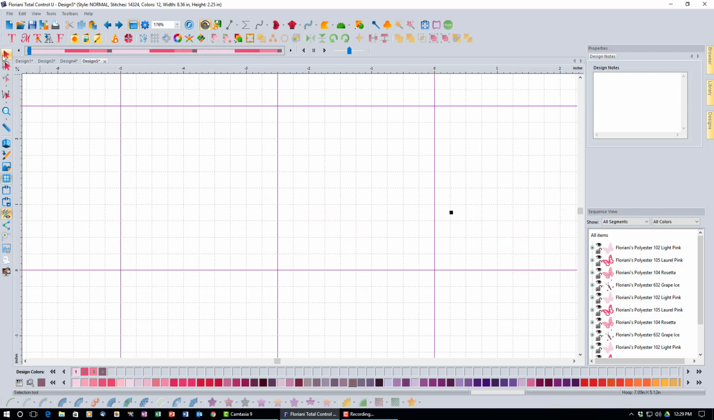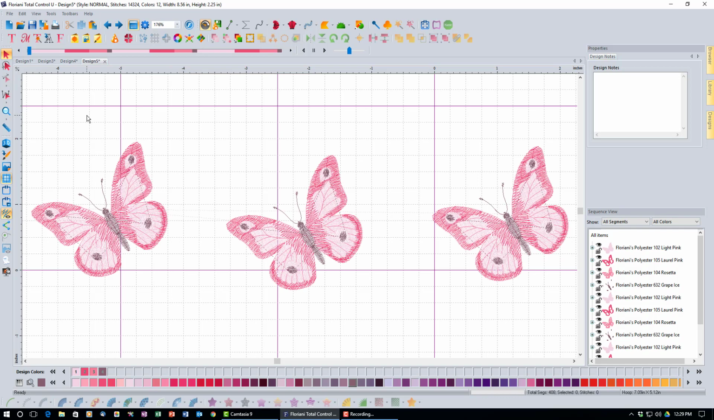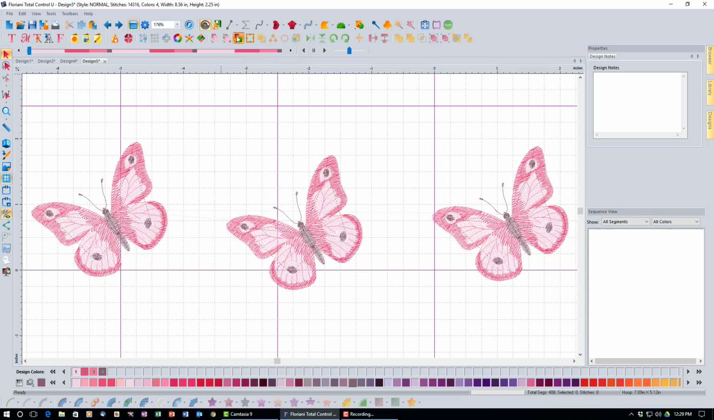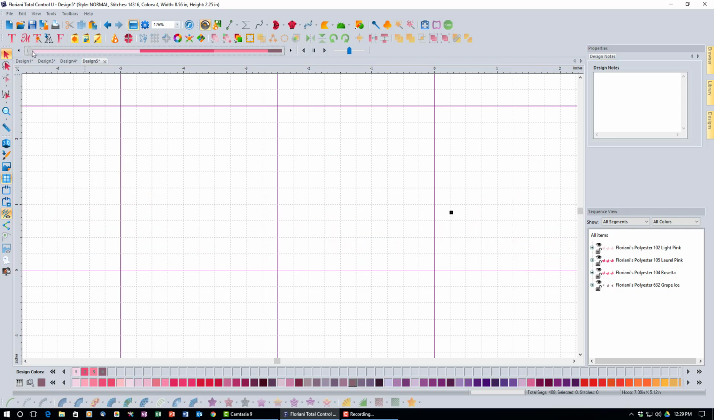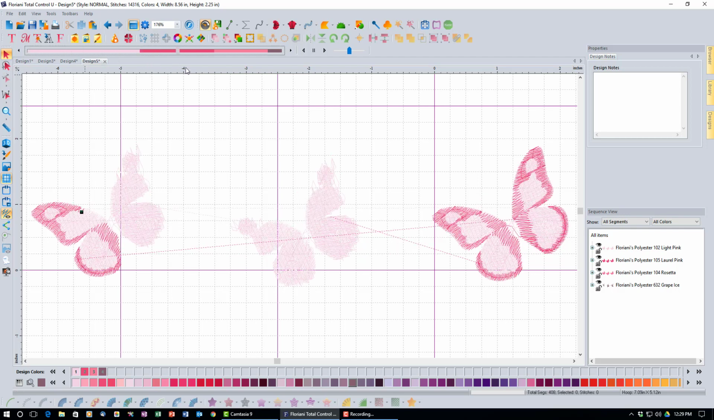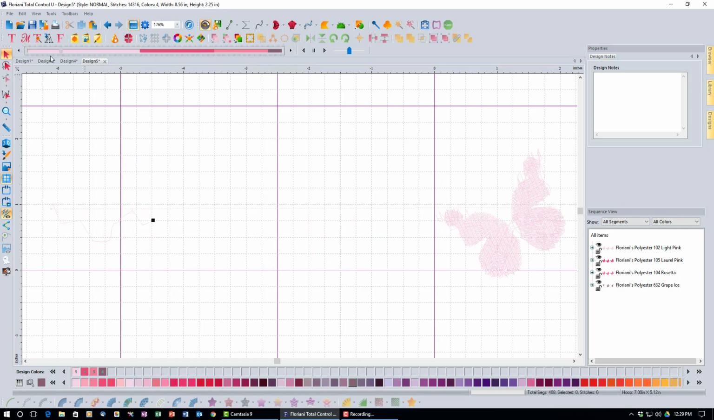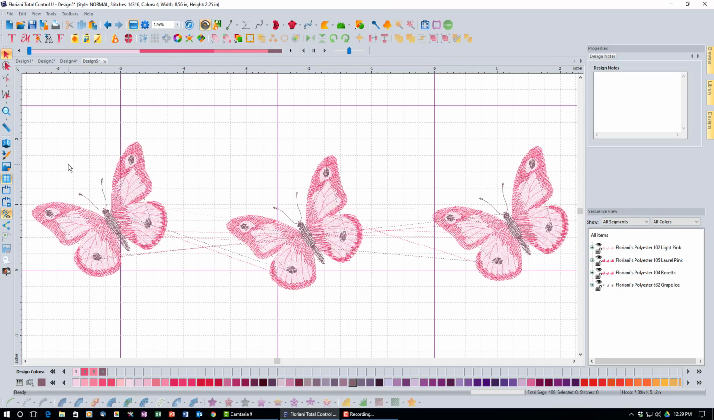So the first thing I want to do is obviously I want to optimize the color sequence of the color sorting. So I'm going to color sort this design. Okay, so now it took out 8 color stops, and you can see that all the pinks stitch together, all the dark pinks, etc., just like we did before. But what I really want to do is I probably want to stitch this one and then this one and then this one, rather than jump all the way over here and then all the way back to here every time. So luckily I have a tool to do that, and I'm going to select all my butterflies,